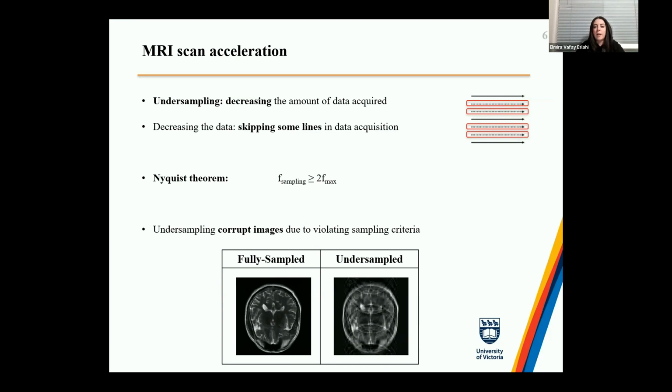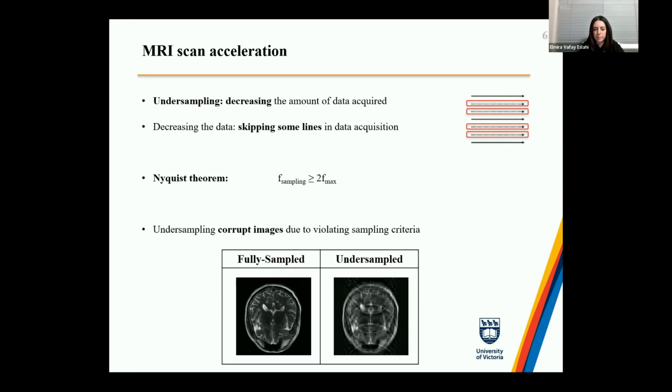doesn't meet the sampling theorem, which we call the Nyquist theorem. The Nyquist theorem is saying that the sampling frequency should be at least twice the highest frequency, but as we are skipping some lines, it means that we are losing our data, we are losing some important information. So this is why undersampling cannot